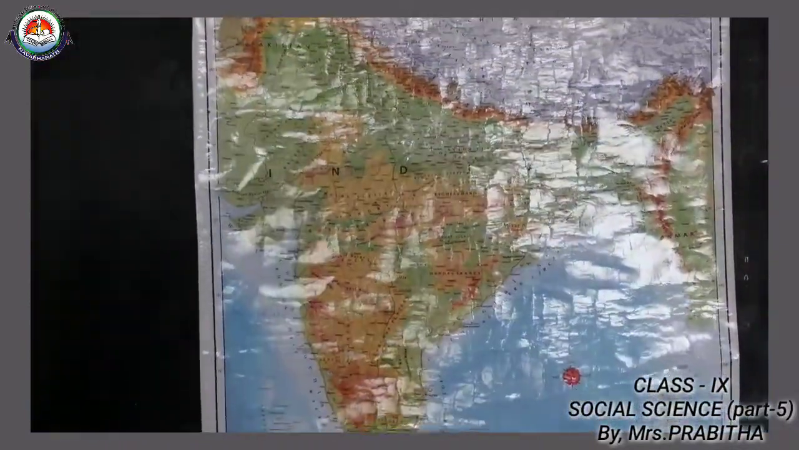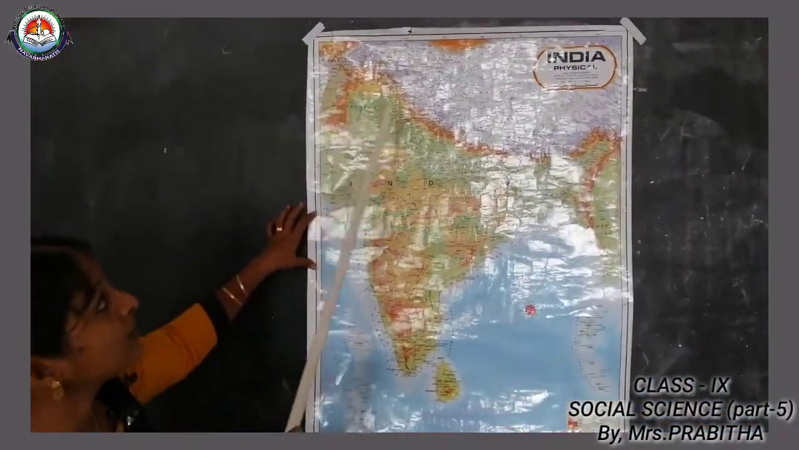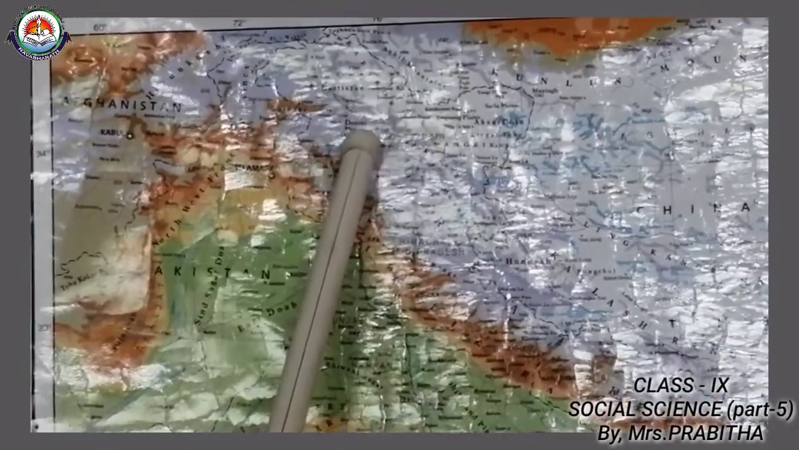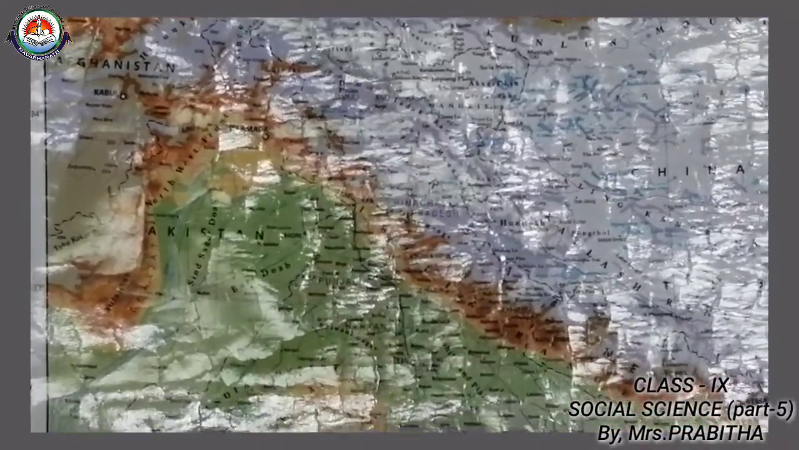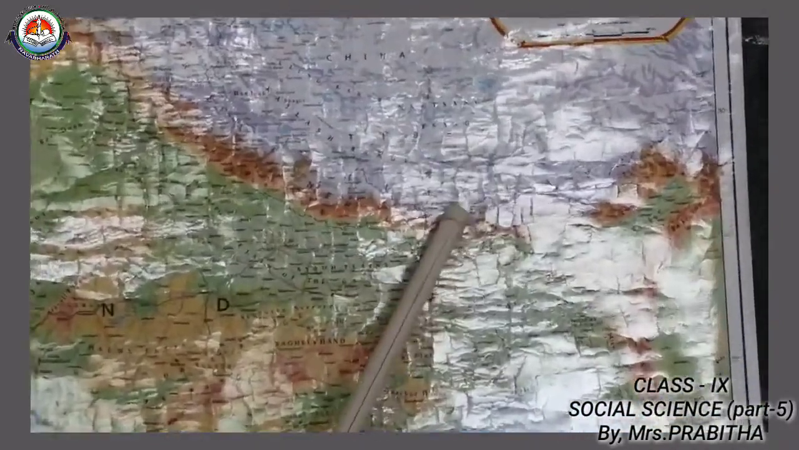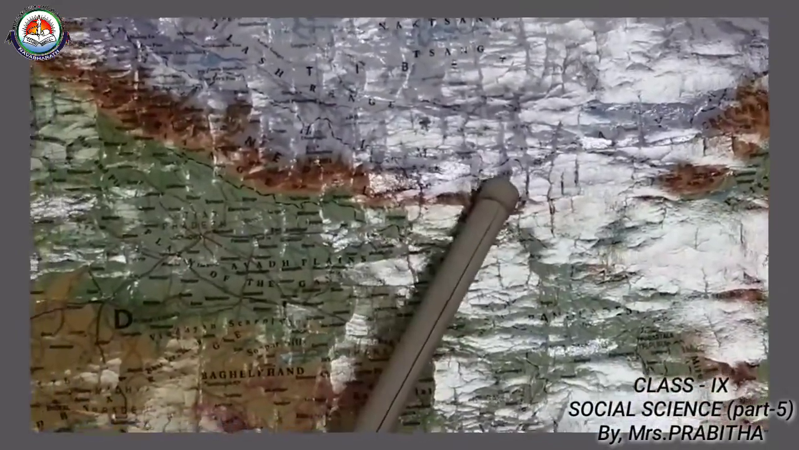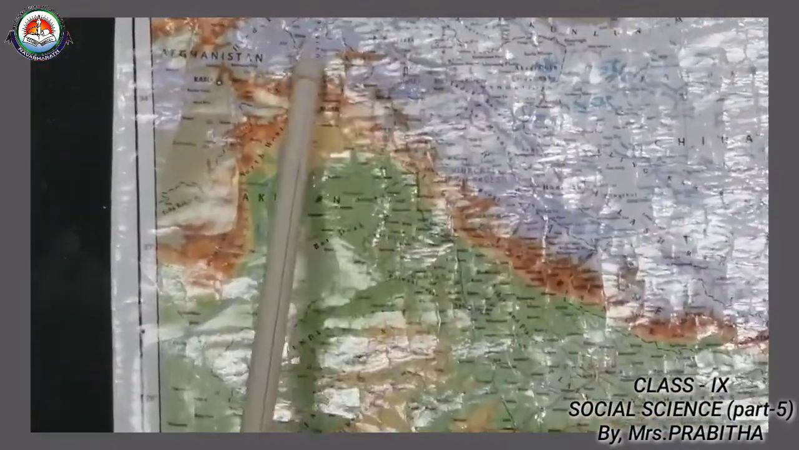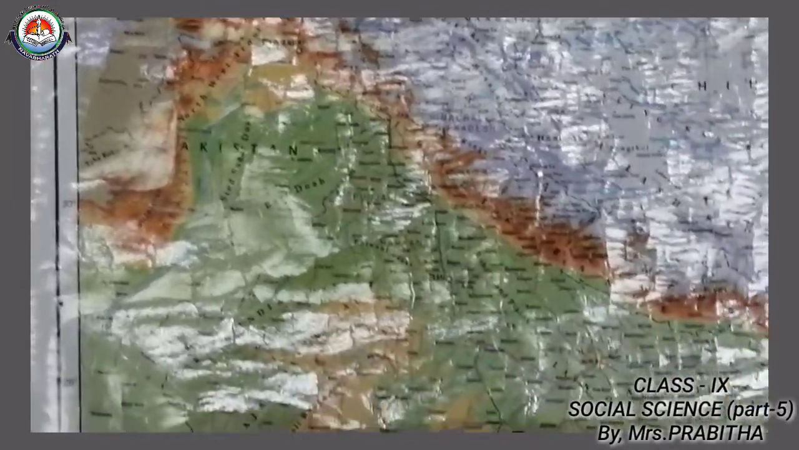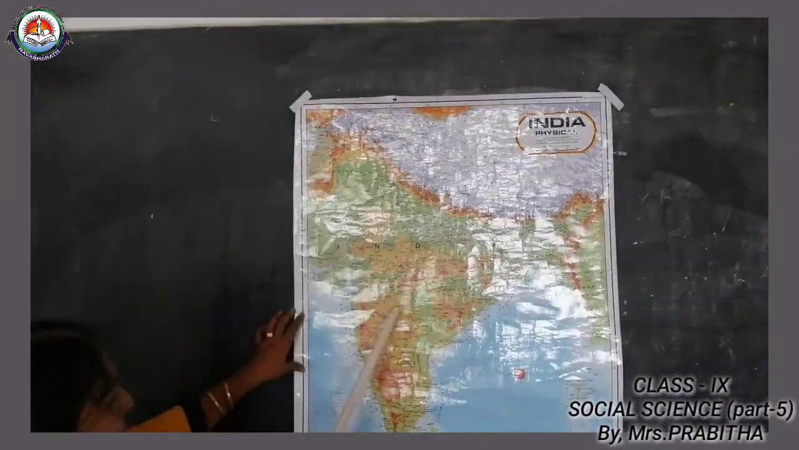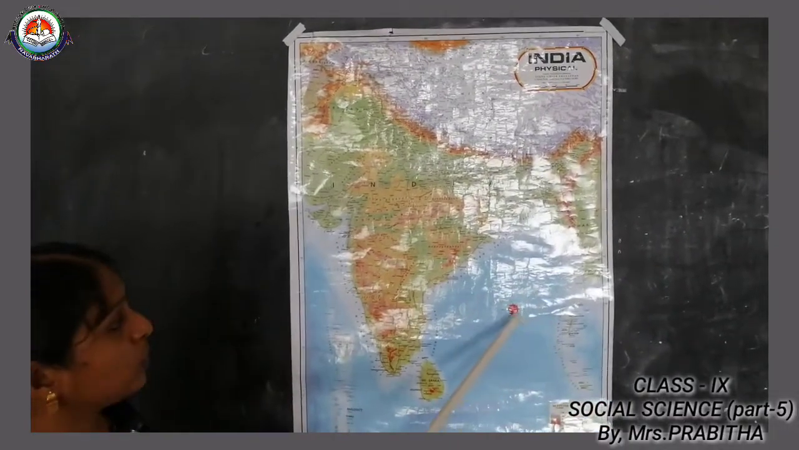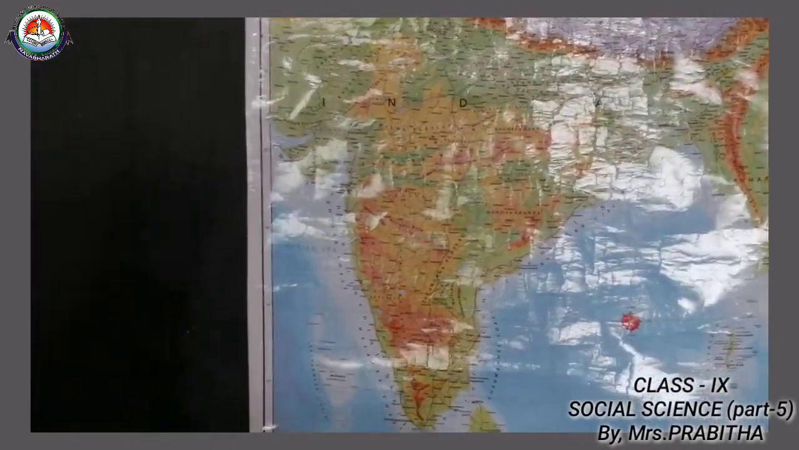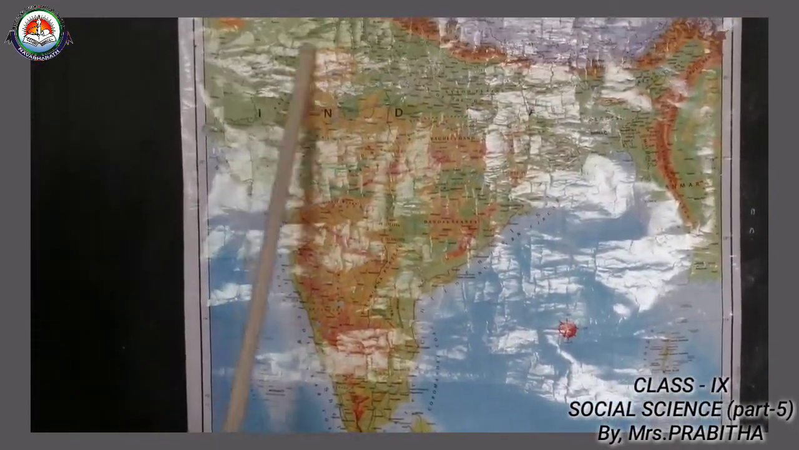Then you have to mark some peaks, okay. So first one is Mount K2. Mount K2 is here, near to that Karakoram ranges. Then Kanchenjunga. Kanchenjunga is here, okay. And Nanga Parvat is here, okay. So these are the some peaks you have to locate on the map. Then we studied various islands, 2 island groups we already discussed. Here is Andaman and Nicobar Island and here is Lakshadweep, okay. So I think now everybody understood which are the